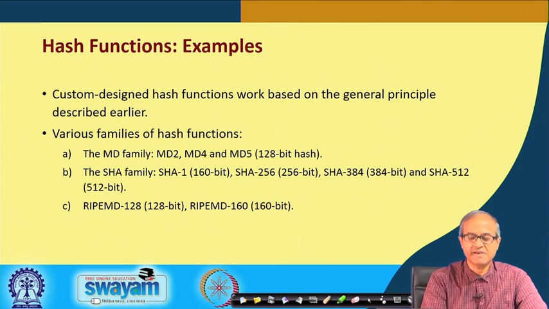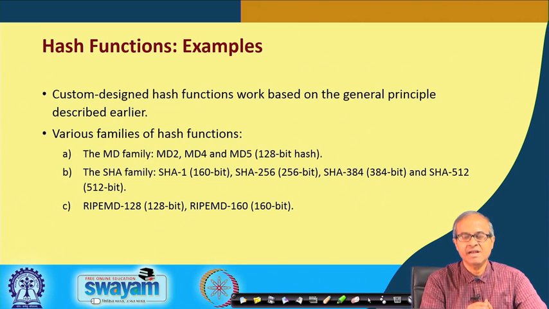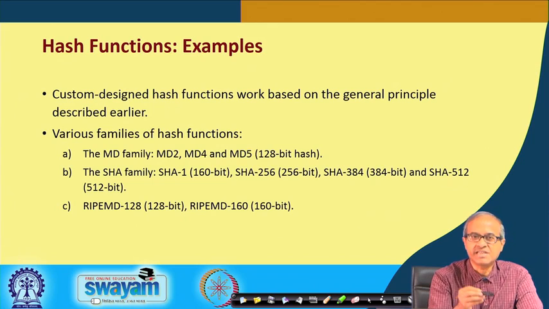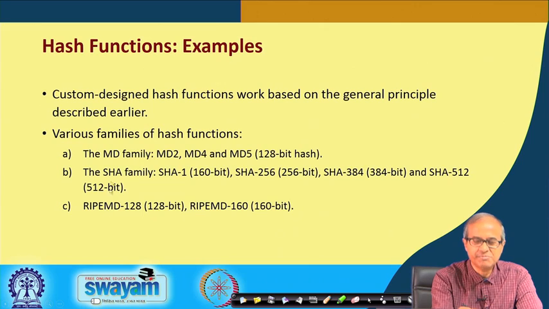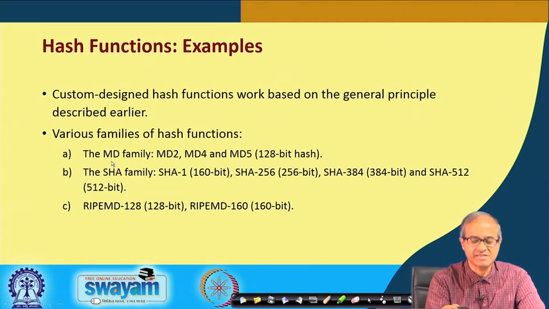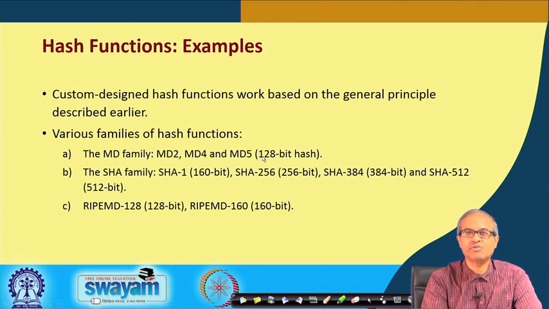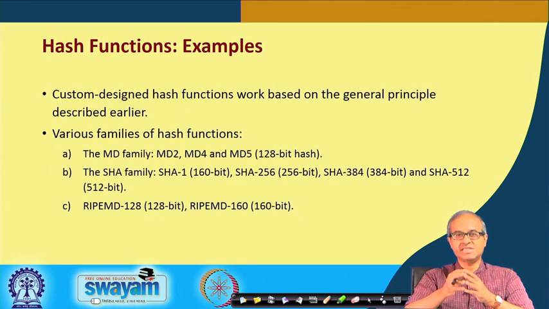Okay. So, some examples of hash functions. There are many types and classes of hash functions that have been proposed and many of them have been used. They all satisfy the desirable properties I have mentioned, and broadly speaking they can be classified into some families. First is the MD family, MD2, MD4, MD5, which generates a 128-bit hash. Now, at one point in time MD5 was used very widely, but subsequently some collision weaknesses were found.